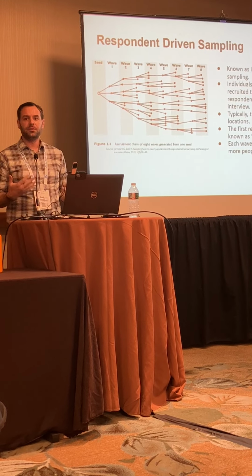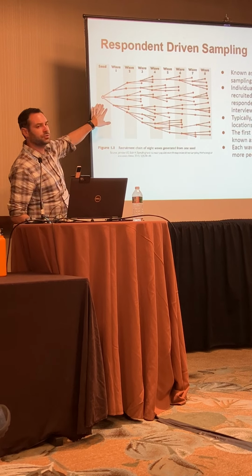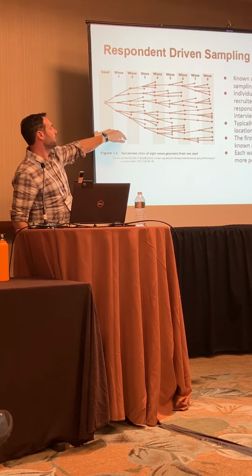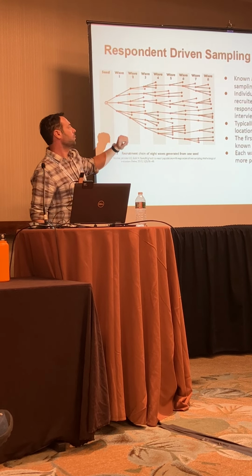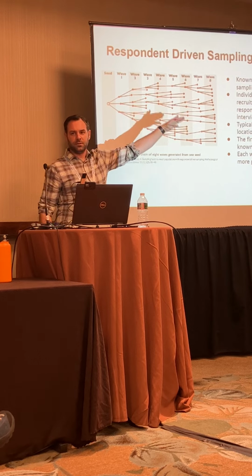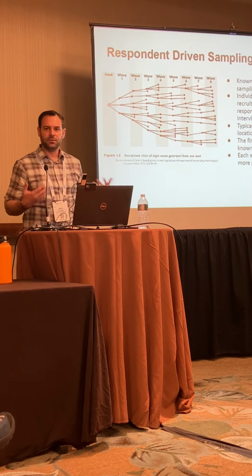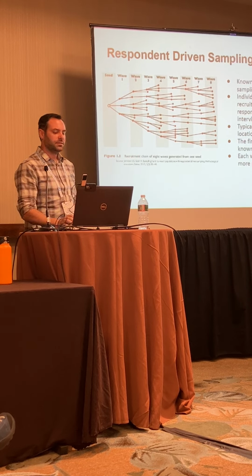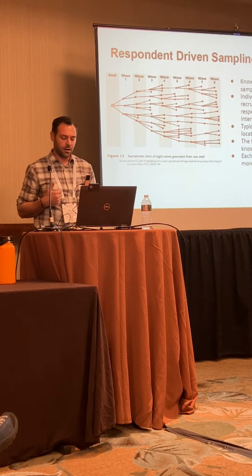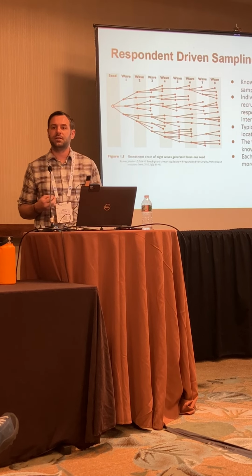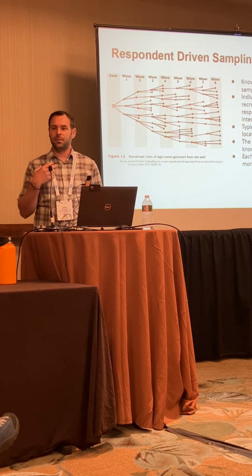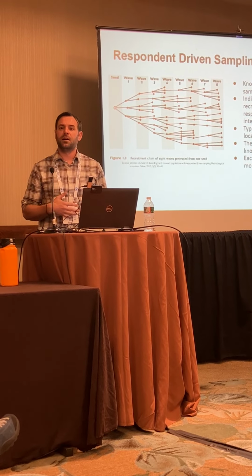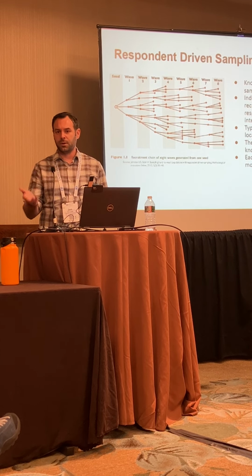Formally, oftentimes people use an illustration like this tree structure. We have our initial seed, and they were given 3 coupons, they recruited 3 people, and then each person themselves can recruit up to 3 people, and so on and so forth, and so you get K waves, and this produces our final respondent-driven sample. All of this relies on coupons. Another key feature of respondent-driven sampling is that it's typically done with a hub. They set up permanent or semi-permanent locations, and the coupons are put out, and people come and have their interviews at the location, get new coupons, and go out.